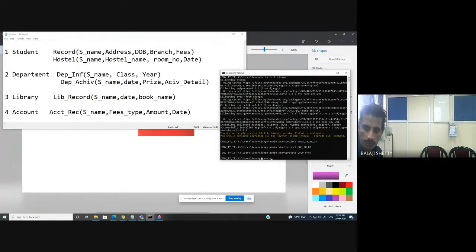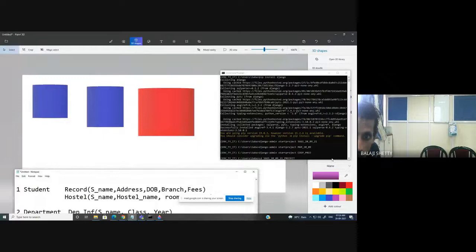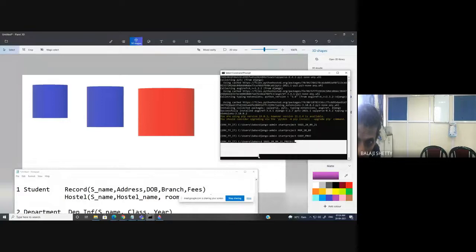Oh, what happened? I need to change the folder here. So here I have already created 3 projects: HGS, MGM, COEP. So now cd, change directory, SGGS. Why? Because already we have the SGGS project for this, MGM project for this, COEP project for this. Now I have to go into that folder. Clear? So here cd, change directory, cd HGS project 2021. I just copy this so that I can summarize everything.